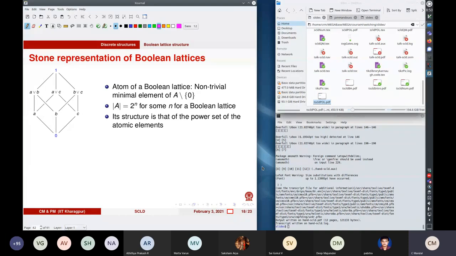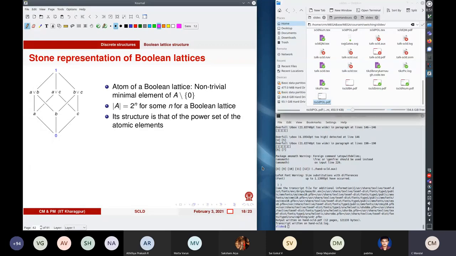So every element corresponds to a subset of the atoms. In other words, you would expect an isomorphism between the power set of a set of n elements and the Boolean lattice